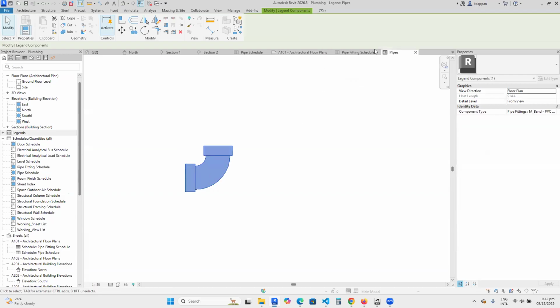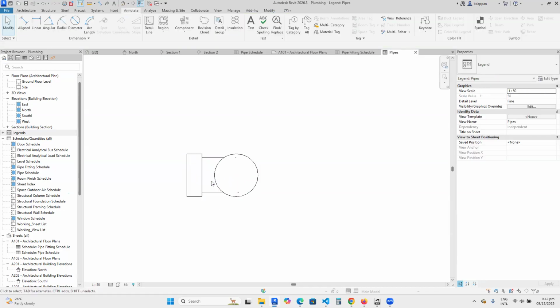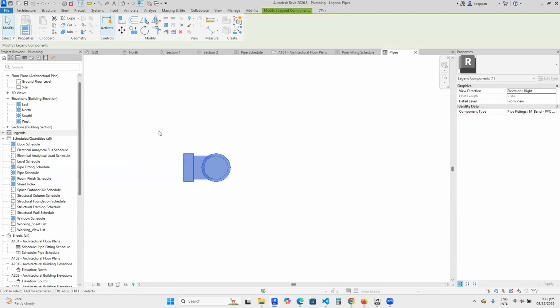I can see it well. When I select it, and I want to see it in legends here, I want to see it in floor plan, or I want to see it in elevation. I can see that. I want to see it in section, I can see that. I want to see it in floor plan, left or right. I can look at it. You see, these are the things we are talking about. And if you do this one, I have not drawn anything. I'm only generating,